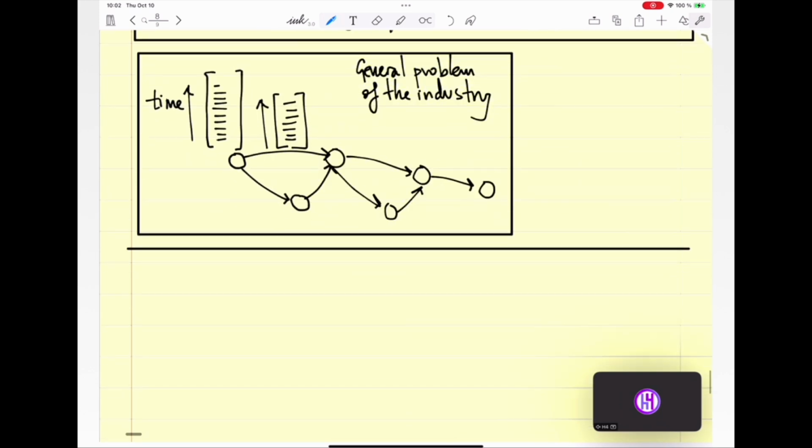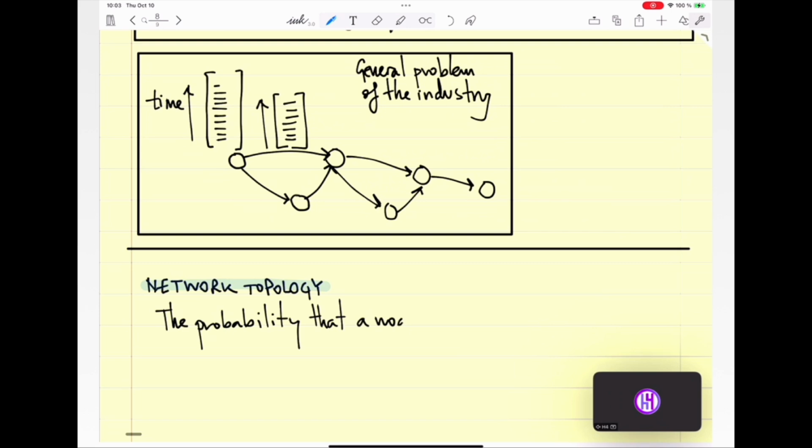So then we have a network topology aspect as well, that we are going to be tackling today as well, and this starts like this. So this is our last topic today. The probability that a node with k neighbors attaches a new node